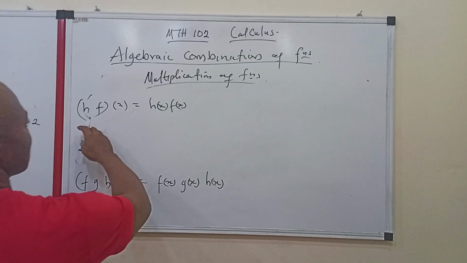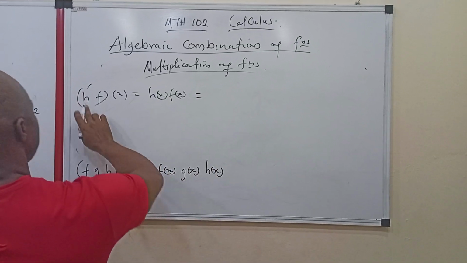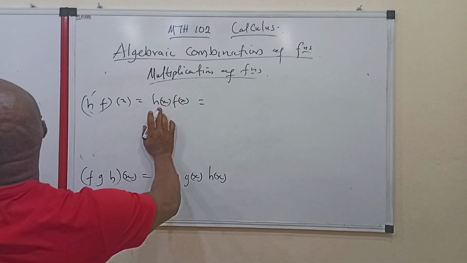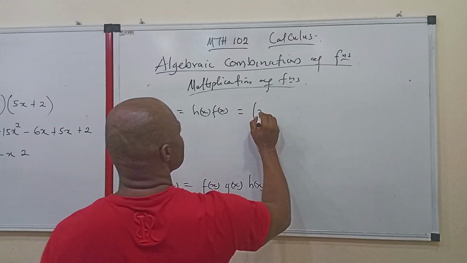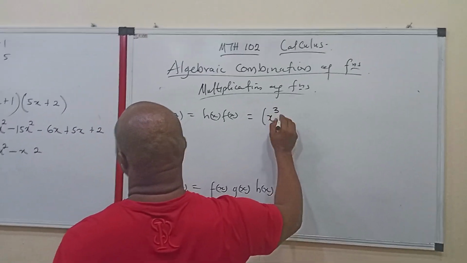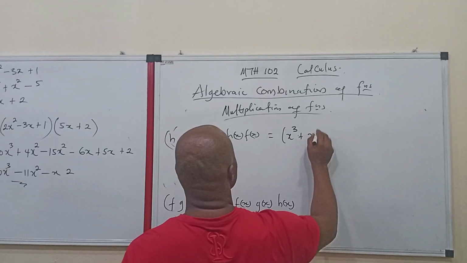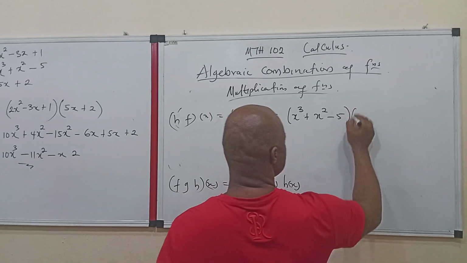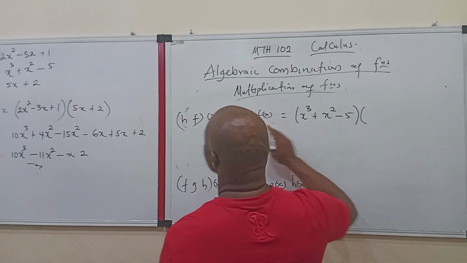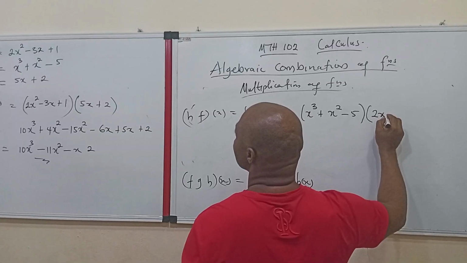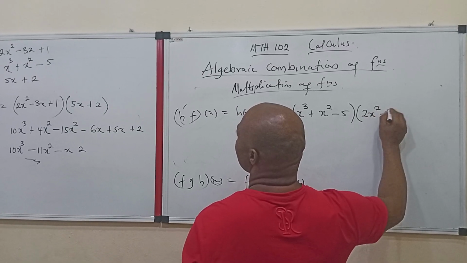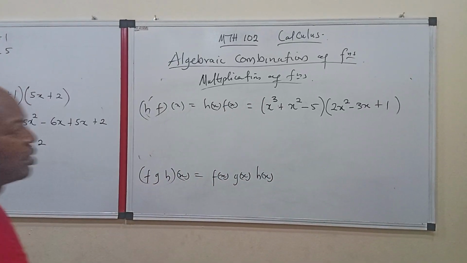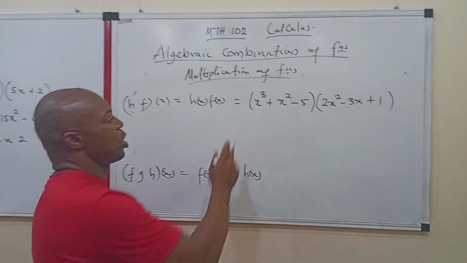H of x, based on this definition, h of x here is this term that we have. We have it as x raised to the power 3 plus x raised to the power 2 minus 5, times f of x, which we have as 2x raised to the power 2 minus 3x plus 1. That's what we have. Now, if you open this up,